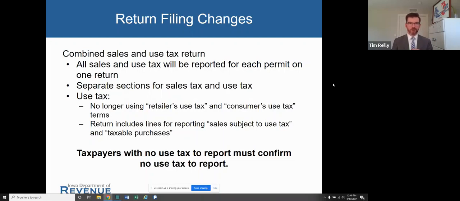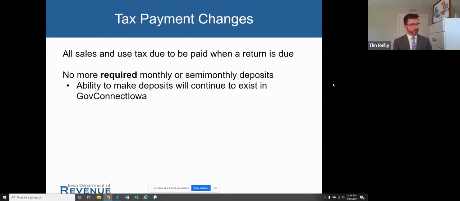So that means the purchaser owes the tax. They're trying to pay the tax by reporting what used to be called consumers' use tax. Now we're just going to call it taxable purchases. So you'll see coming up here in a few slides some screenshots of what the new return will look like.